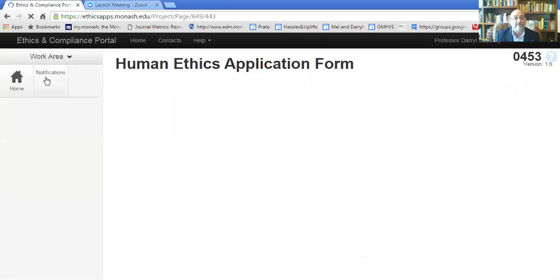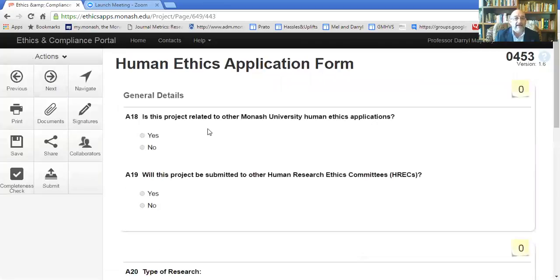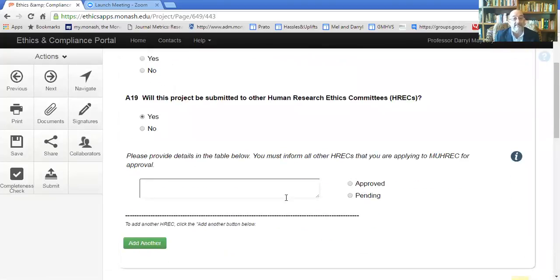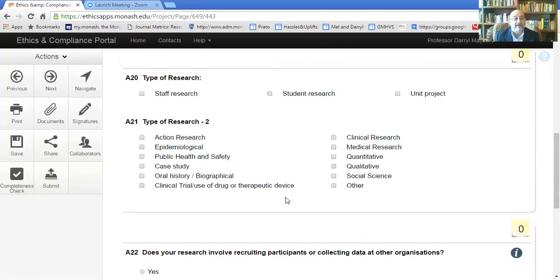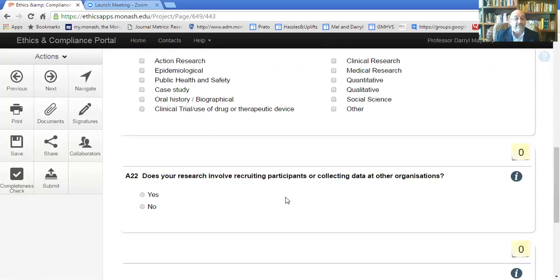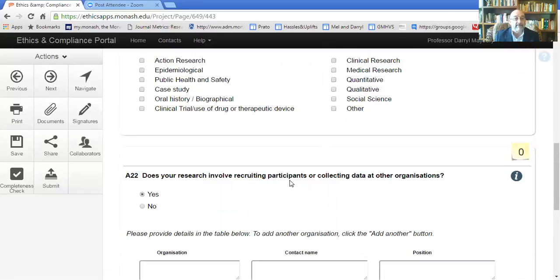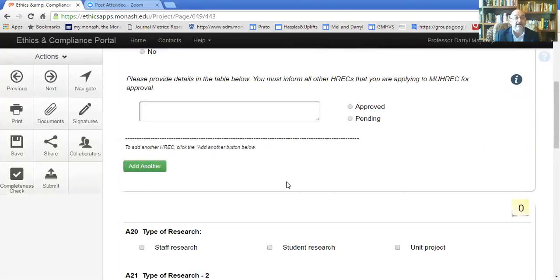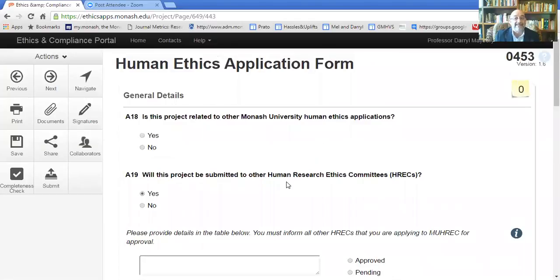So we continue on. And again, if you click on certain boxes, for example, will this be submitted to another human research ethics committee? Then you have to put in the details and so forth, and on it goes around the type of research and so forth. So if you're working with other organisations, you have to name the organisation, and usually you have to get a letter from them to support it. But I won't go into details. But as you can see, I hope,